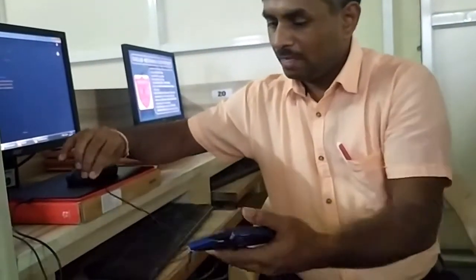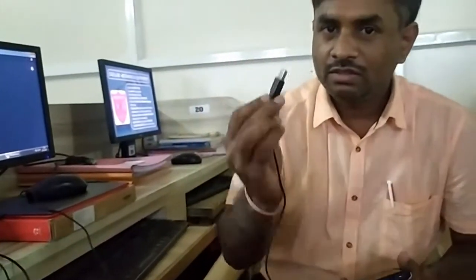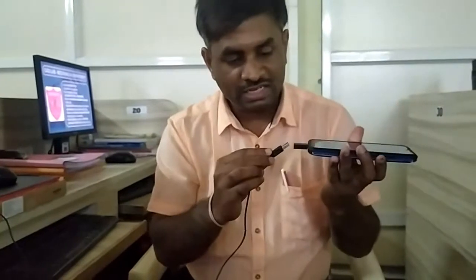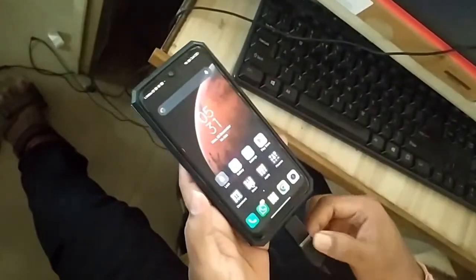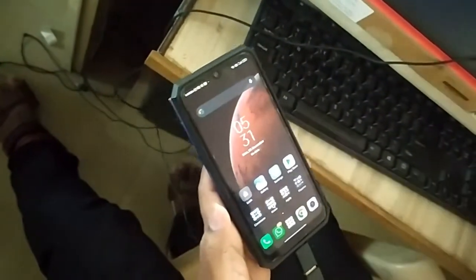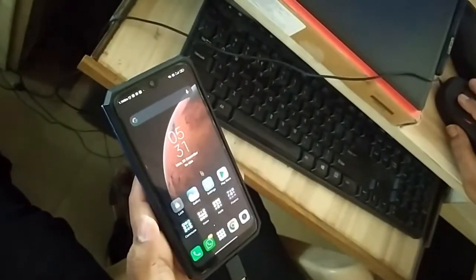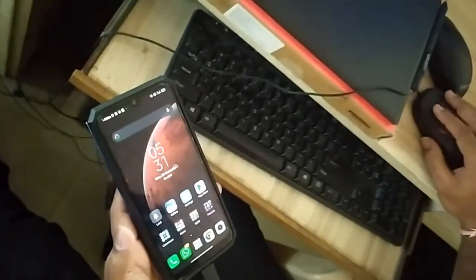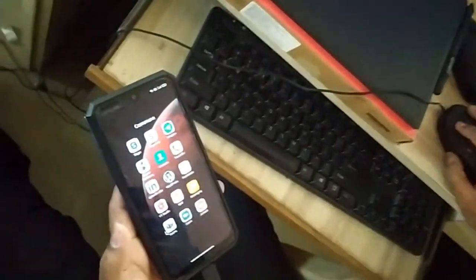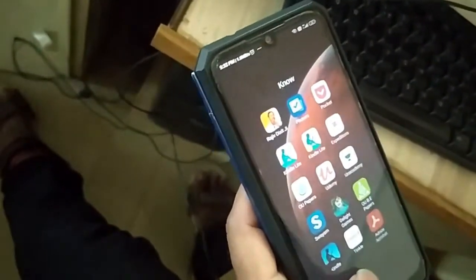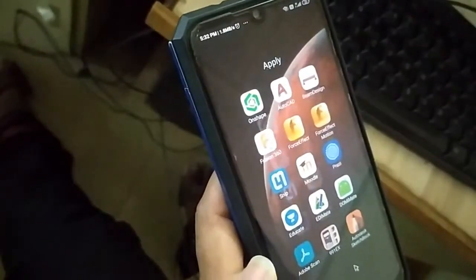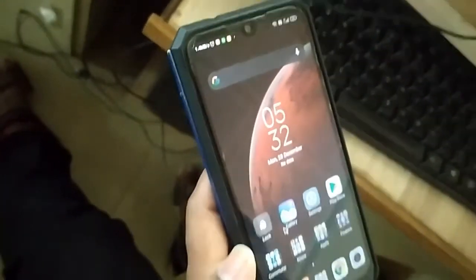So get your mouse, and then attach the USB cable of that mouse to the other end of the OTG. I have attached my mouse here with the OTG, and the OTG is plugged into my device. As soon as I do that, a cursor will appear on the screen, and using this cursor I can operate it just the way a touch operates. So I can operate it with a touch, or I can operate it with a mouse. Both ways it will work.